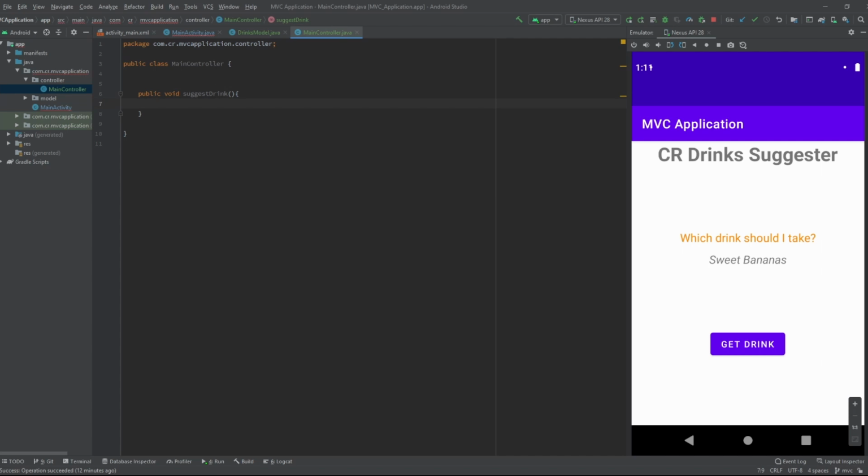To communicate with the model, we need a reference to the model. So create a new variable for the model. Now we have to call our business logic.